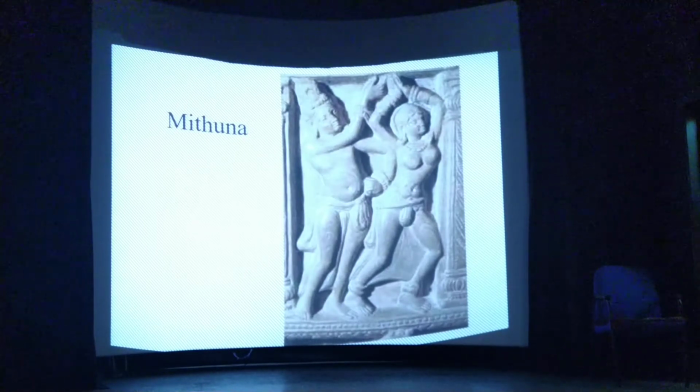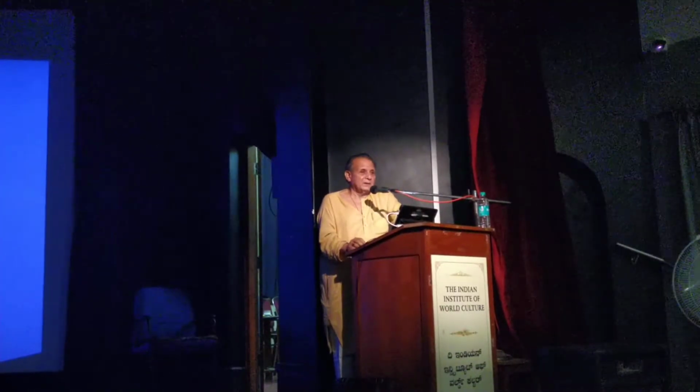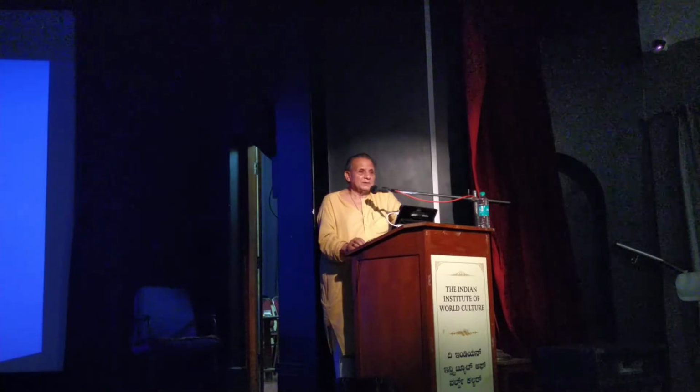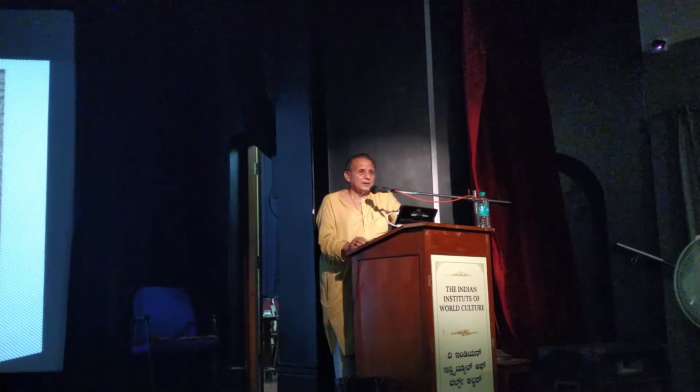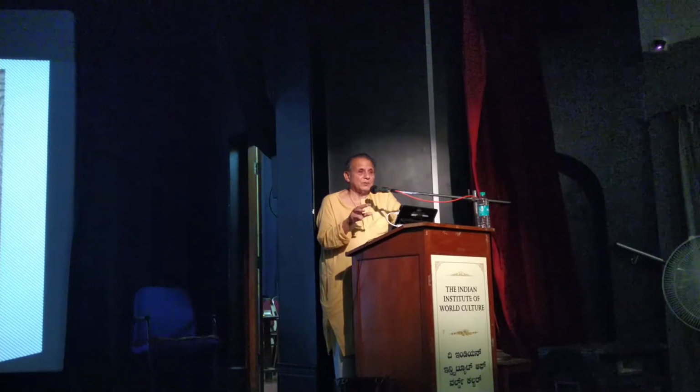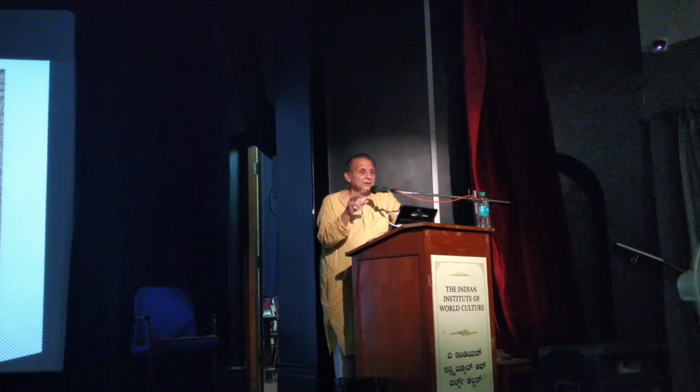Then the importance of the householder, the mithuna, the husband and the wife, the man and the woman. Now, man and the woman, they make up the Grihastha ashram. And the Grihastha ashram is the one which sustains the Brahmacharya, the Vanaprastha and the Sannyas ashram. Out of all the four ashrams, it is not sannyas which is the greatest, but as the Mahabharata says in its very first canto, it is the Grihastha ashram which is most important and most significant,